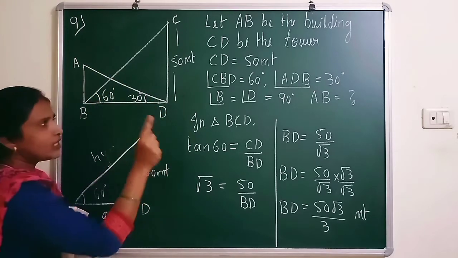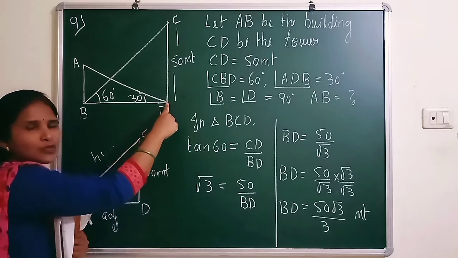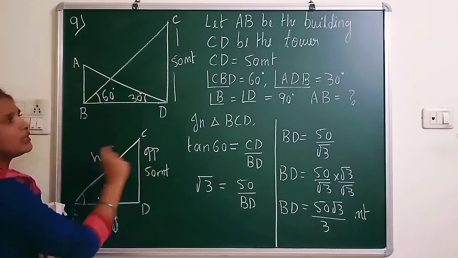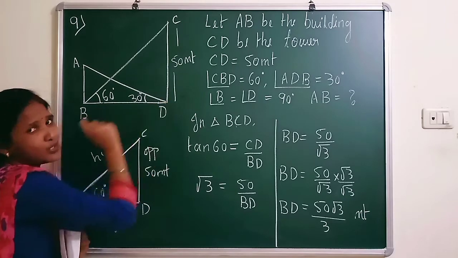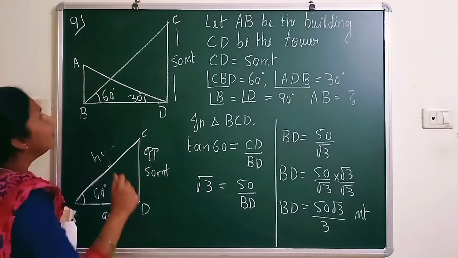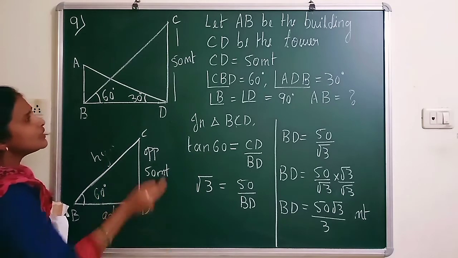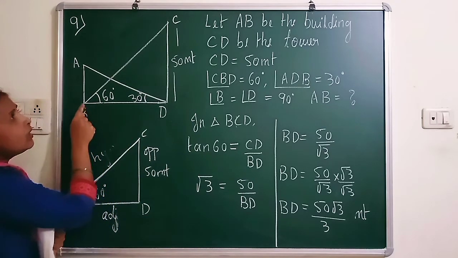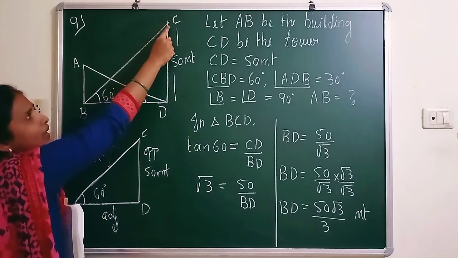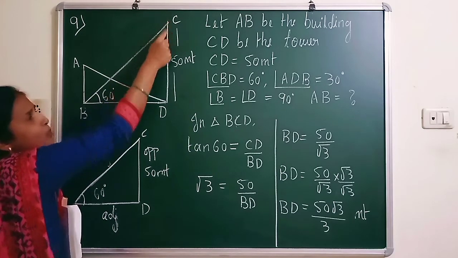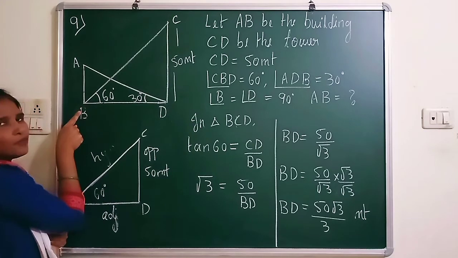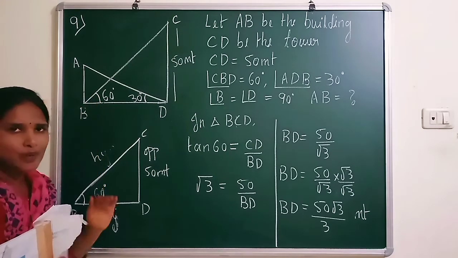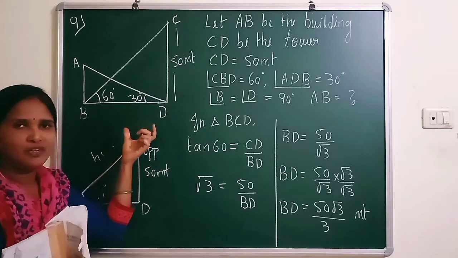From the foot of the tower, if you are observing the top of the building, the angle is 30 degree. I said already, if there is no man, imagine that at this point an observer is there. Think this is nothing but an eye of an observer. And one more thing is given, the angle of elevation from the foot of the building, means you are observing the top of the tower from the foot of the building. So angle of elevation is given 60 degree.